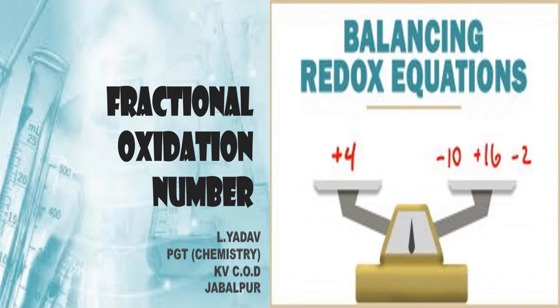But here, if the oxidation number is a fraction, does that mean they are losing electrons in a fraction or gaining electrons in a fraction? Can we gain an electron in a decimal, 1/2 electron or 3/4 electron? Never. But still it is said that in some cases oxidation number is fractional. How? Let us discuss by taking examples, because in some cases, not in all cases, oxidation number is a fraction. Very interesting. So let us take examples so that this concept becomes very clear.